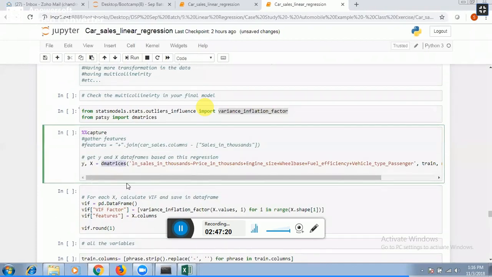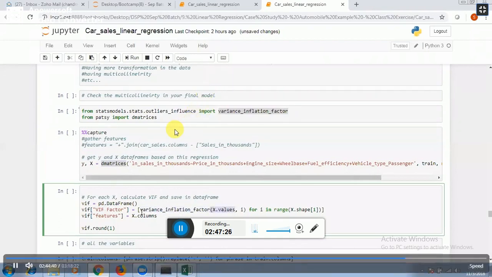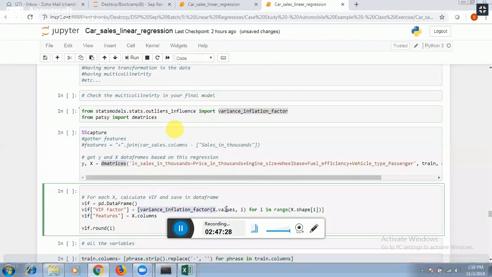Once you have y and x, you calculate the variance inflation factor for each variable. This is a list comprehension, the looping within the list. For i in range of x shape, that is nothing but each variable in your data, you are calculating the VIF value. Once you get the VIF, it looks like this. So now